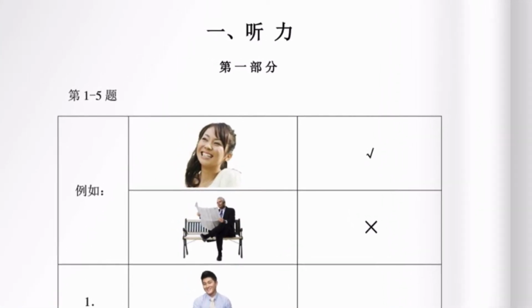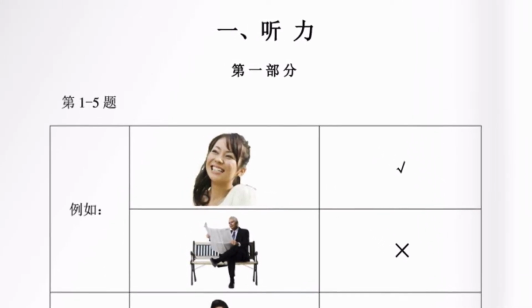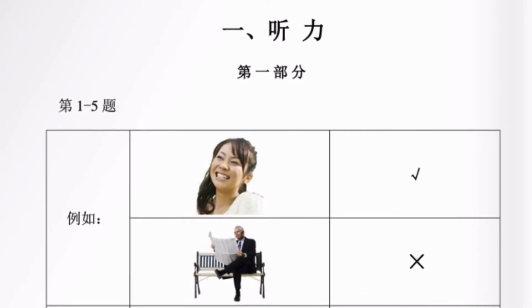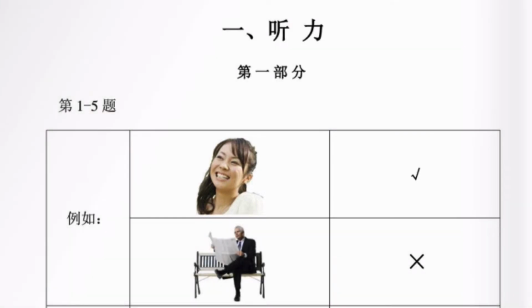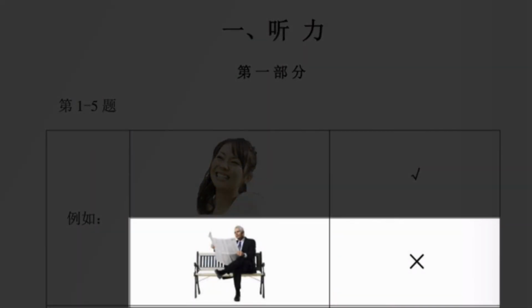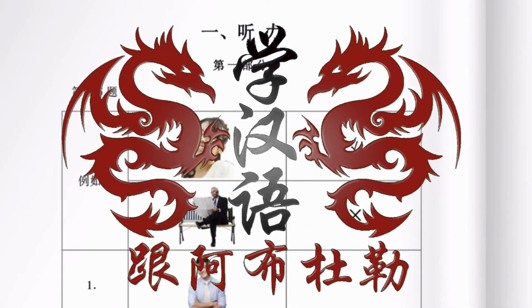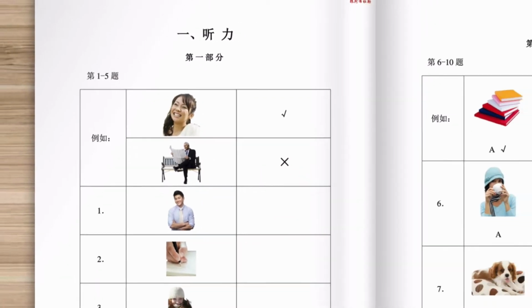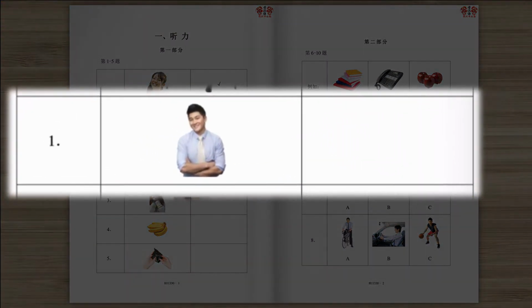See the example, please. 第1部分，一共5个题，每题听2次。例如，很高兴，看电影。现在开始第1题。1. 4岁，